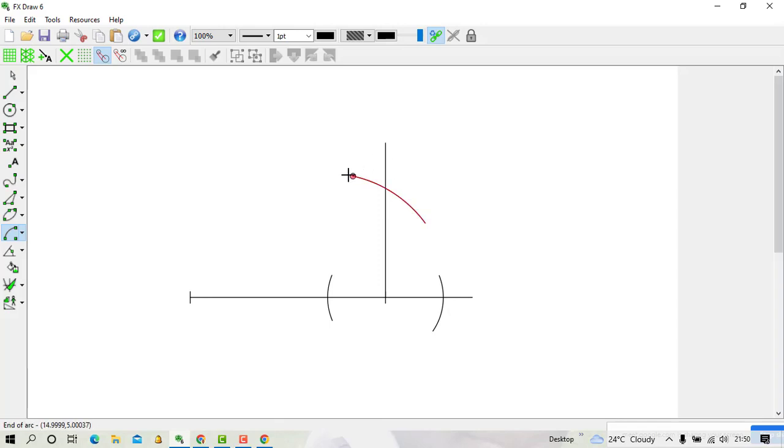I failed maybe to move the cursor up to this downward because remember that you can bisect at the top and the bottom if you don't have the point of reference. But for this one, because I have point B as my point of reference, no need of making an arc at the top and also at the bottom because I already have the point of reference which is B. I'll just join the intersection to that point B. But still it's not a crime when you extend to the bottom.